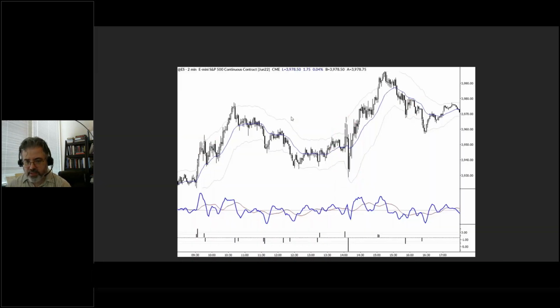Do pullbacks always slope? No, they don't. But I'll tell you one thing to be a little bit careful of, and I think I can write on the screen here. One thing you do want to be careful of is a pullback that slopes in the direction of the trend. So let's say you have a successful trade, and then you have something that goes into a pullback, but it goes this way. Now, if the pullback is flat, it's fine. But what I have found, if it bleeds in the direction of the trend,